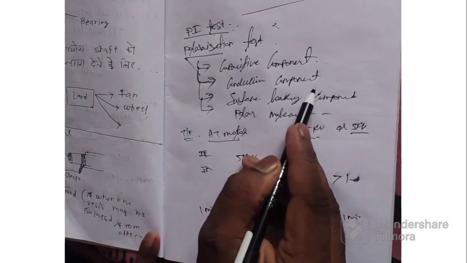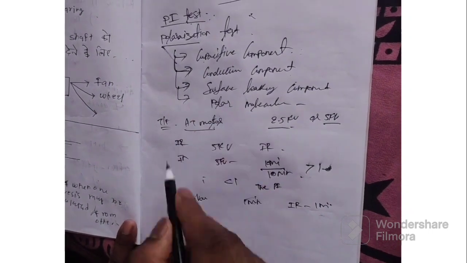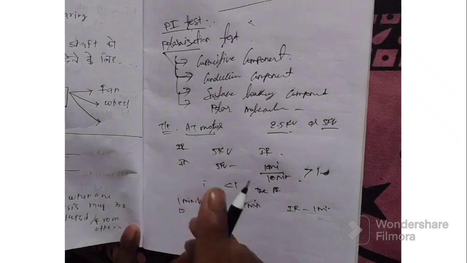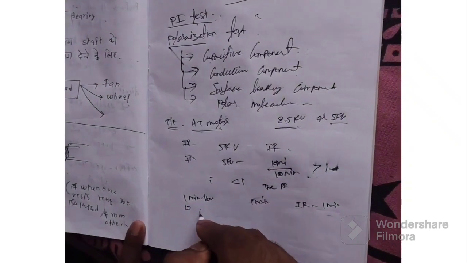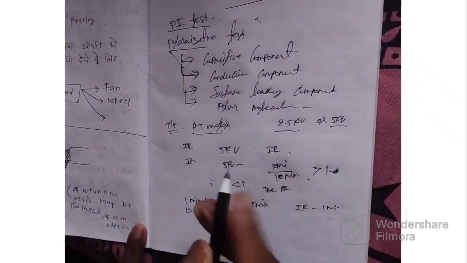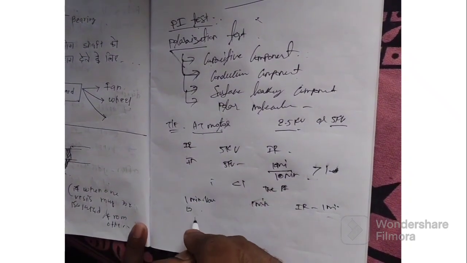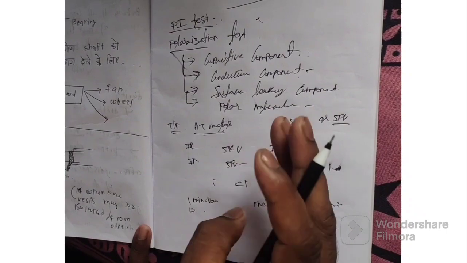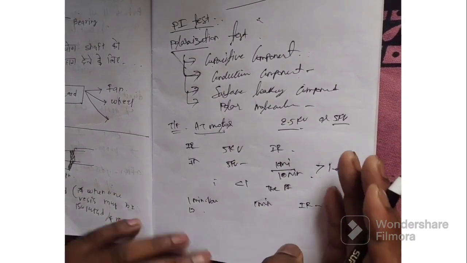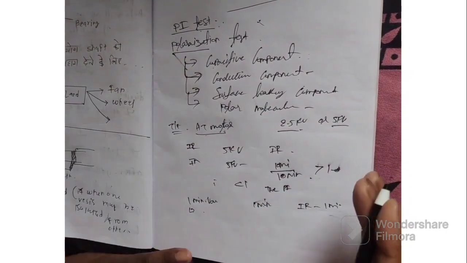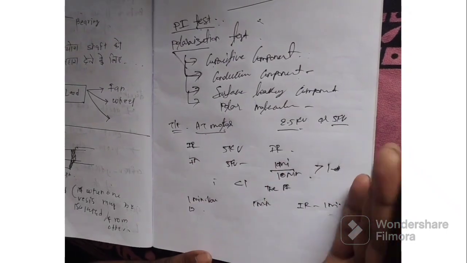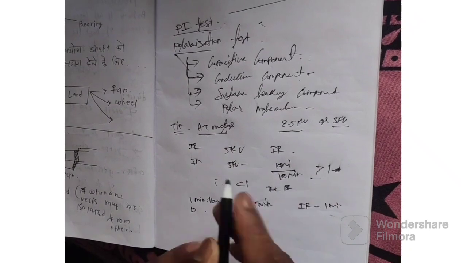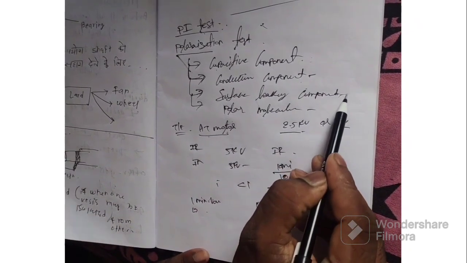And the conductive component current. Conductive component current is present in each and every material. Whether insulator or conductor, some conductive current compulsorily flows. This is taken as the conductive component current. And surface leakage current is due to dust particles and any abnormal leakage, like in summer and rainy conditions, when some dust particles will be laid there. So that component current will be added.